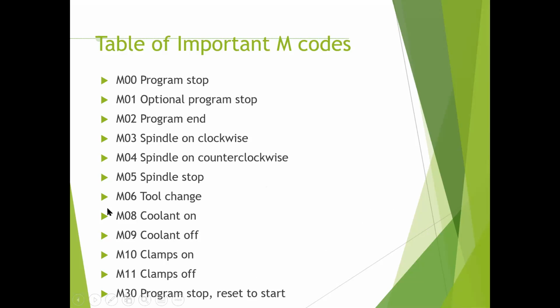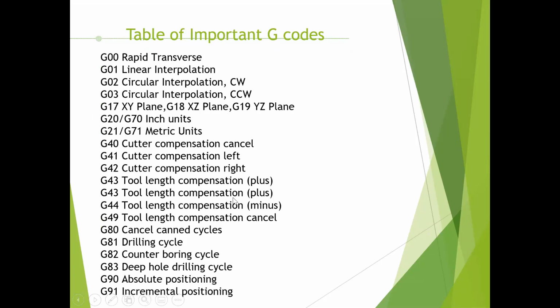So we have covered till here, you can have a brief idea of a G code. What is G code? This is M code and this is G code. These are the functions in which we use this G code and M code. Okay, so for today